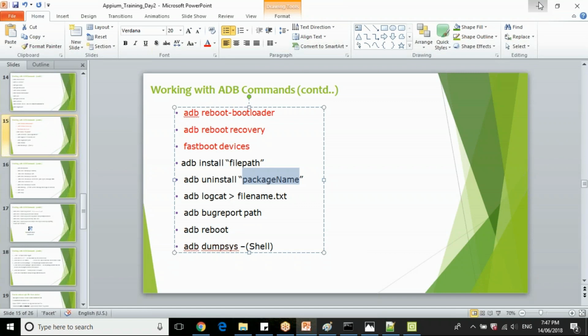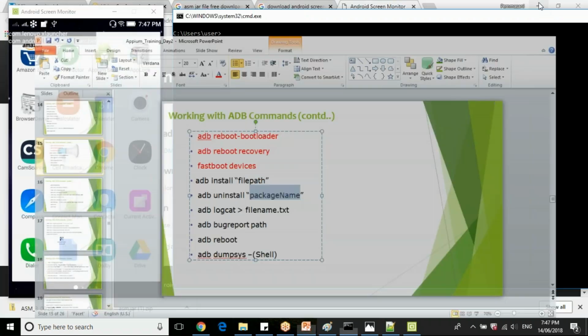This is the package name of the application, and the command to uninstall is ADB uninstall, and I'm passing the package name here. So it runs on the mobile device. I have uninstalled this application. If you see here, the icon is automatically removed. Clear?